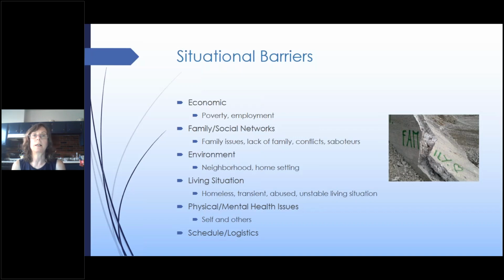Also, we have the sandwich generation, those who are caring for children, as well as those who are caring for elderly parents. Then, of course, we have physical and mental health issues, either themselves or for those in their family. That's going to have a large impact. The last one is the one that you might actually be able to have some control over to some degree,